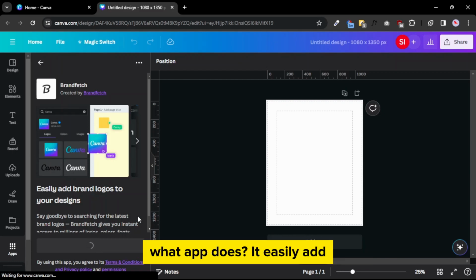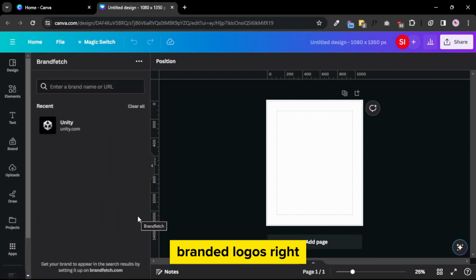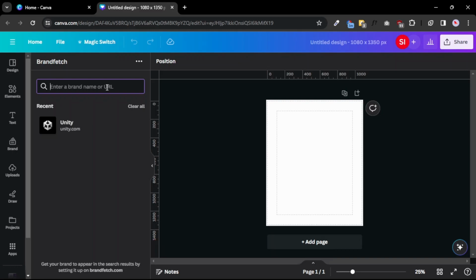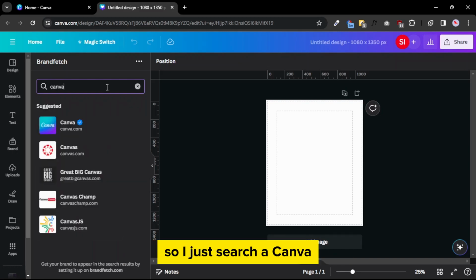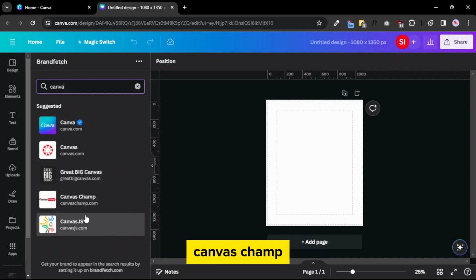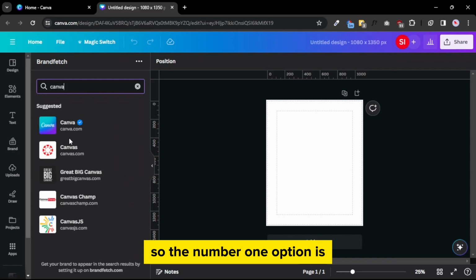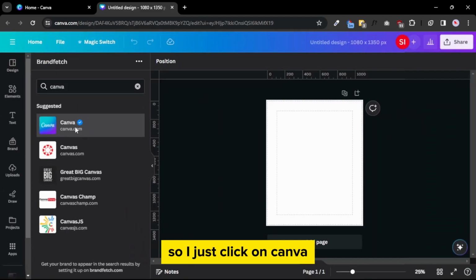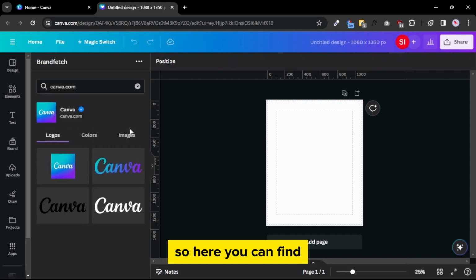What this app does is easily add branded logos right within your Canva. For example, if I want to add the updated Canva logo within my design, I just search here Canva. There are a number of options: Canva, Canvas, Great Big Canvas, Canvas Champ, Canvas.js. The number one option is what I needed, so I click on Canva. Here you can find three options. These are the updated logos